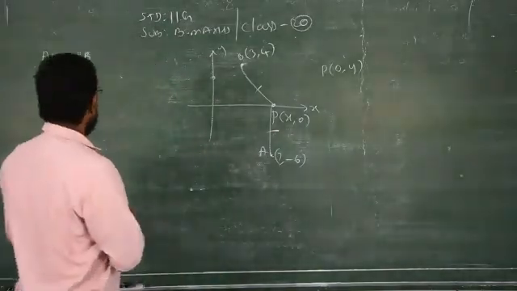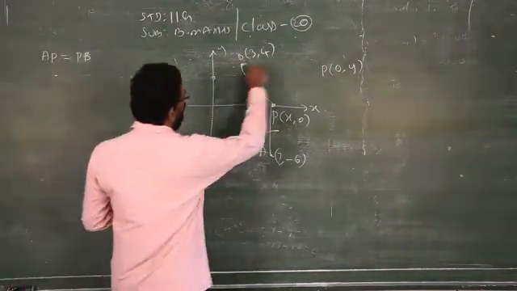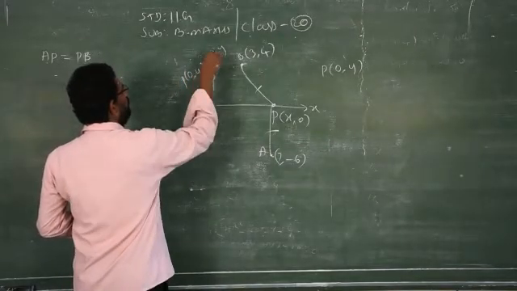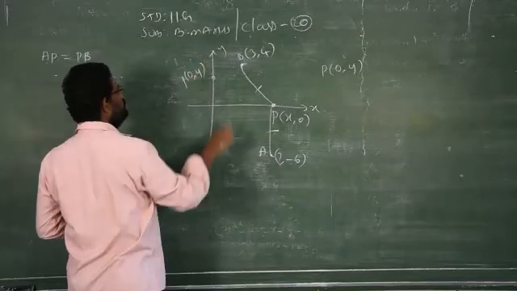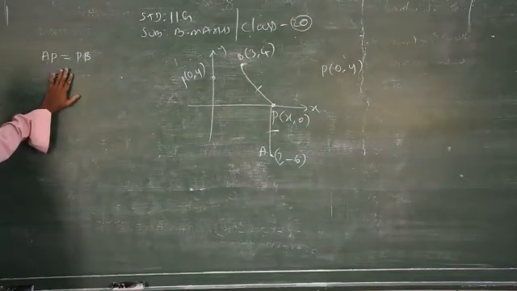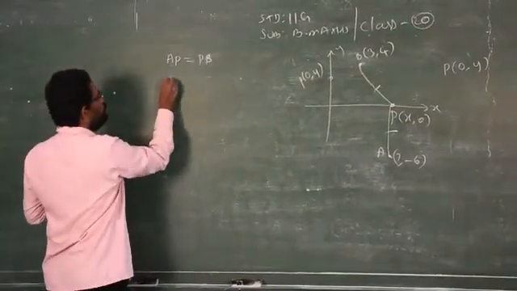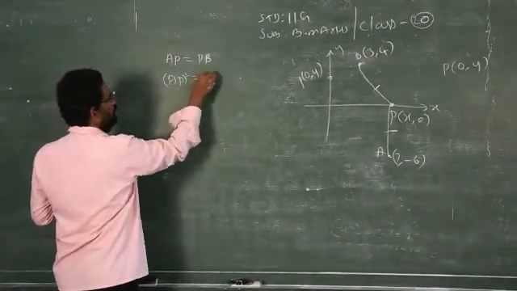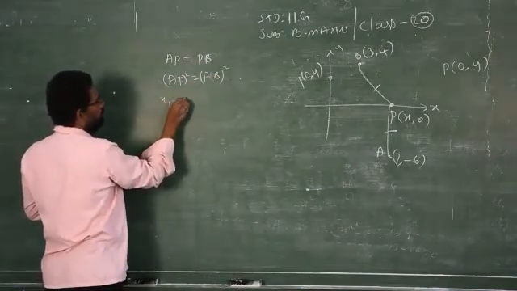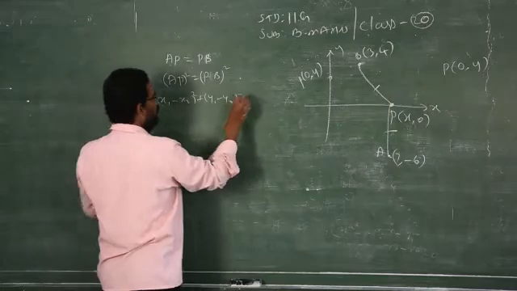Are you clear? So in the same question, if it is given a point on the y-axis, you have to take P as 0, y, because for a point on the y-axis, x is always 0. Based on this concept, again the same. There won't be any change in the distance formula. With the same formula you can proceed and you will get the answer. Now AP equals PB. As usual you square on both sides, or you can do it without squaring also. Nothing wrong. When I square this, I have to remove the square root on both sides, because square and square root get eliminated.